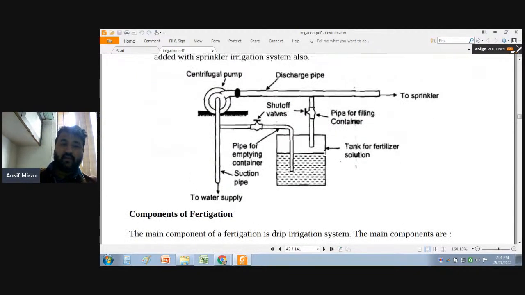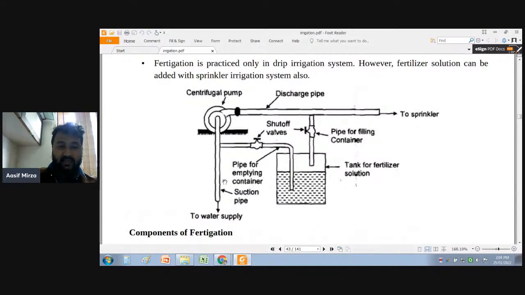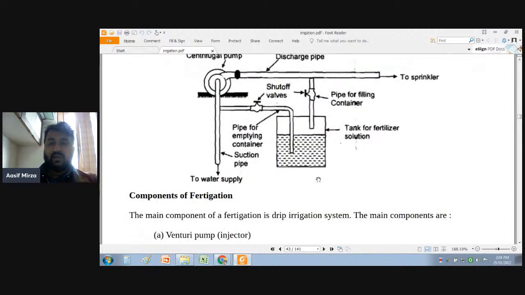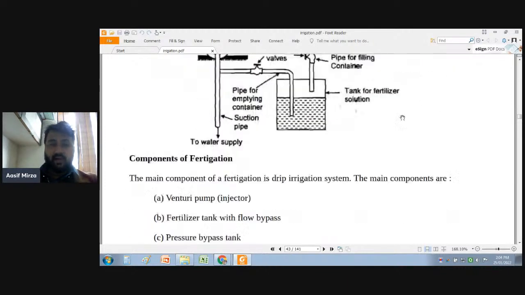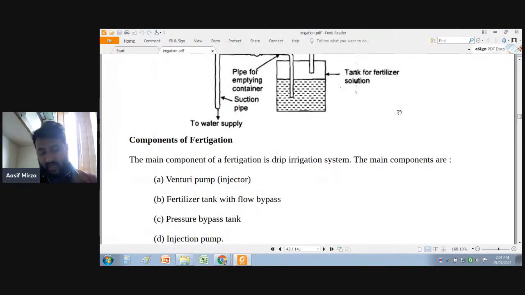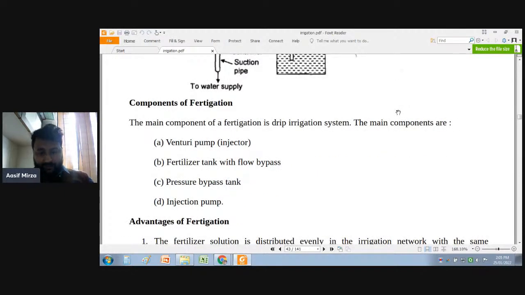So these are the components of fertigation. Here is the water supply. This is the centrifugal pump provided at this point. Now this is the discharge pipe, and through this discharge pipe, the water is provided to this tank for the fertilizer solution, and this continues to the sprinkler. The main components are the venturi pump, that is the injector, the fertilizer tank with flow bypass, the pressure bypass tank, and the injection